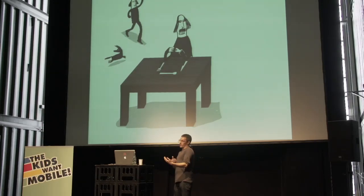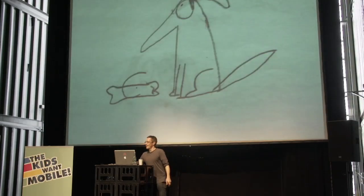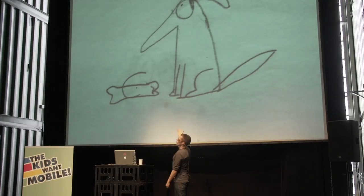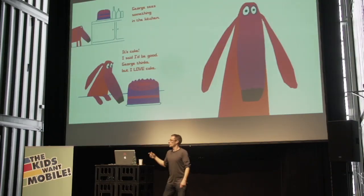You have to have somebody or something that you can identify with. And I was like, no, I'll make it work. I couldn't make it work. So in the end, I decided, well, it seemed to be a dog in a lot of the drawings that was causing these accidents. So I'll focus more on this dog. So basically, I won't do the story, but